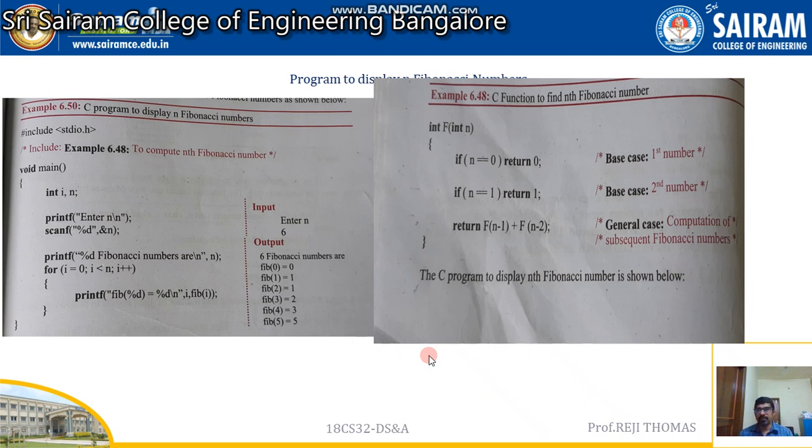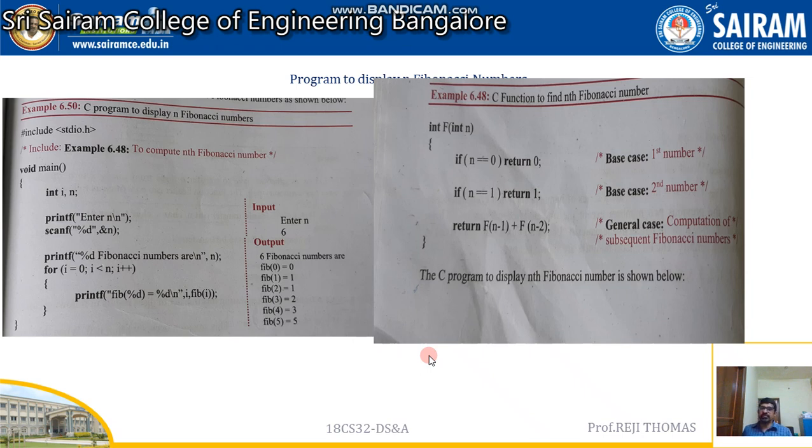But in the previous case, if I give n is equal to 6, it has to print only that particular number. So there's a difference. Okay. So for the Fibonacci numbers, when I need to print more than one number, I have to take a loop. So I've taken a for loop for i is equal to 0, i less than n, i plus plus, from 0 to less than n. So give it as 6. If I got n as 6 from the keyboard, I'll be starting from 0 to 5.